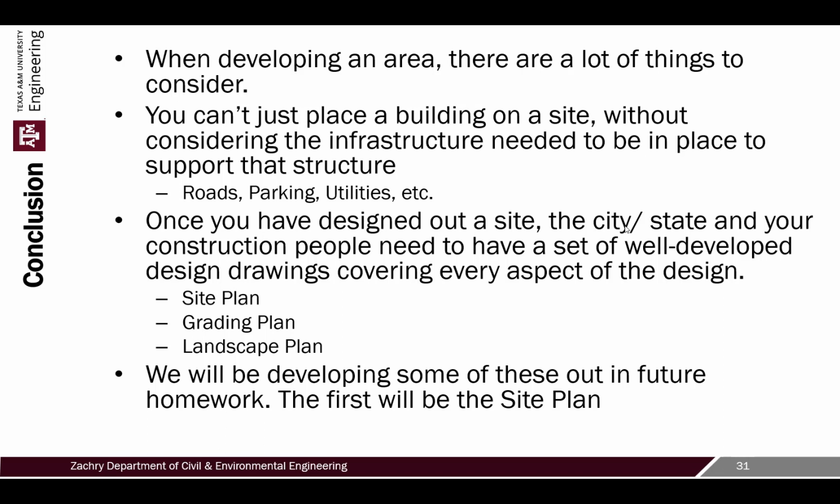And we're not going to hit every aspect in this class, but we'll hit some of the primary ones. So like a site plan, like a grading plan, things like that. Now, the first one that we're actually going to develop out is going to be the site plan. And we'll have a homework assignment on that coming right